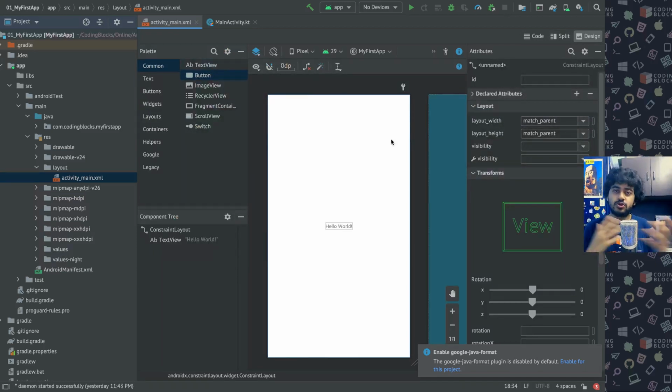So as a developer, you should be well versed and accustomed with both ways of building the UI, drag and drop as well as XML way. Highly professional advanced developers, they all use XML. They don't use the drag and drop a lot. Okay, so that's the basic structure of the project that has been created till now. From the next video, we'll see what all we can change here and how we can make it behave the way we want it to.